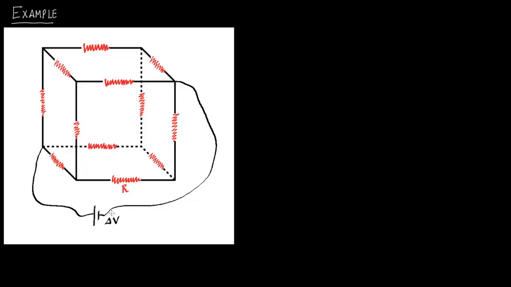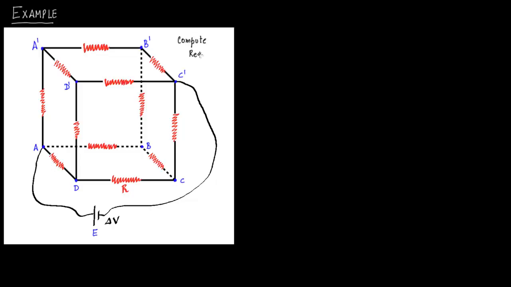So we have a cube like this, which is made up of wires, and you have a battery at, say, junction E. At junction A, the current enters in, and each of these wires has a resistance R, as shown in the figure. So the problem is that we need to compute the equivalent resistance here.